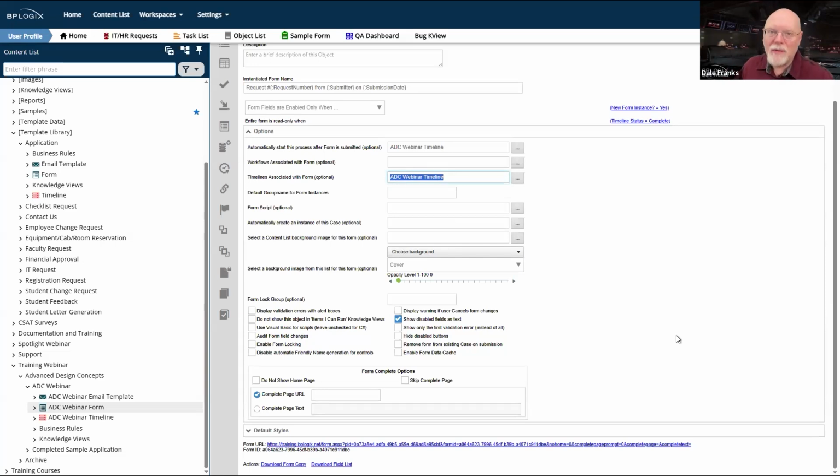So it saves me a little bit of configuration time simply by setting the timeline in the timelines associated with form. Now, setting this does one and one thing only. When I submit the form, it will kick off this timeline. That's all that property does.